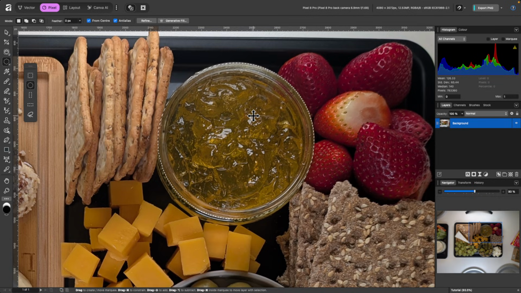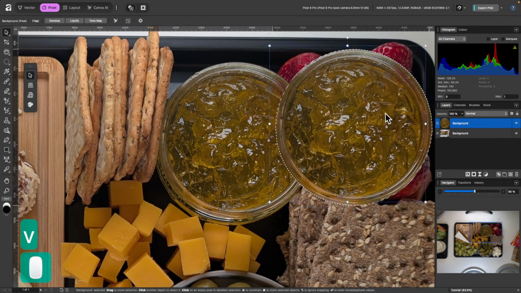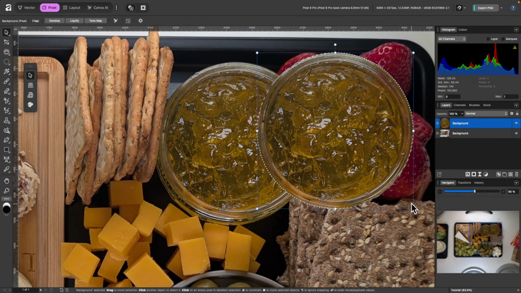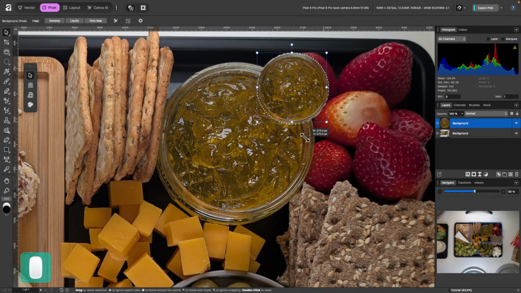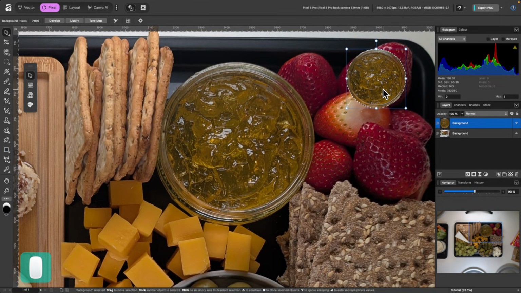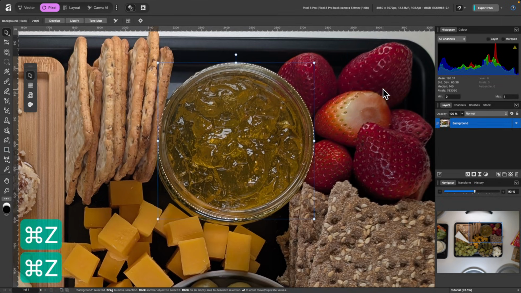So one of them being, maybe you just want to duplicate it like we did with the grape earlier. So I can press Command J and that's made a duplicate, as you can see in the layers panel on the right hand side. So I'll switch over to the move tool with V and I'll just click and drag it around and place it somewhere else. Maybe I want to make it slightly smaller and drag it there. That would be ridiculous, so let's go on to the other option. So I'll just press Command Z a couple of times.